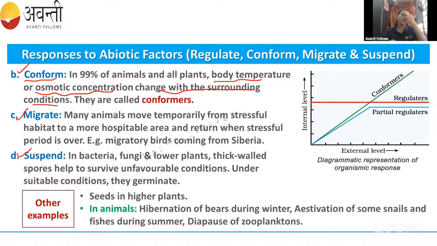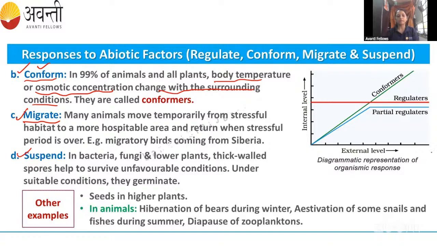For example, if outside is 35 degrees Celsius, and a plant or an animal is at 27 degrees Celsius, it will increase to around 31, 32. Not exactly, but 31 to 32 it will increase. So organisms like those are called conformers. Reptiles, amphibians and also fishes are all conformers. Okay, then coming to the